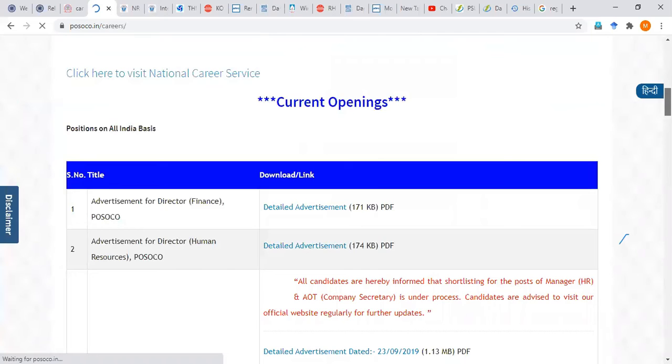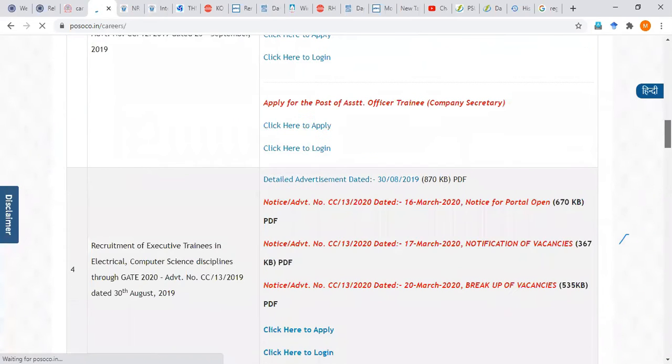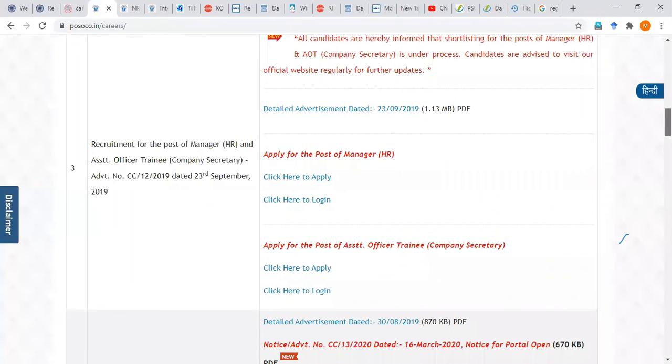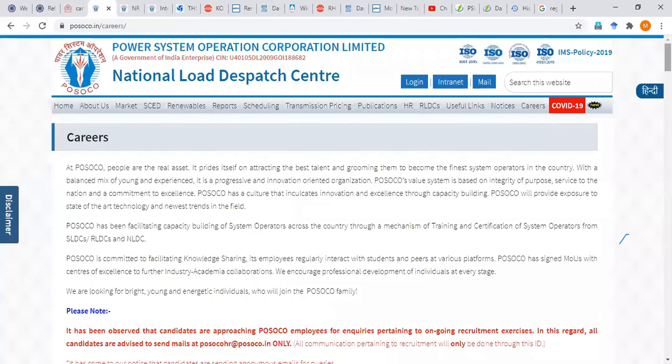Yeah, current openings. Different posts have different criteria or different selection criteria. So if you are selecting one of the PSUs as your dream company, while getting marks in the exams, parallelly you need to know what selection criteria they are adopting for recruitment, so that whenever you apply for the post, it will be very easy for you to get through the recruitment process.